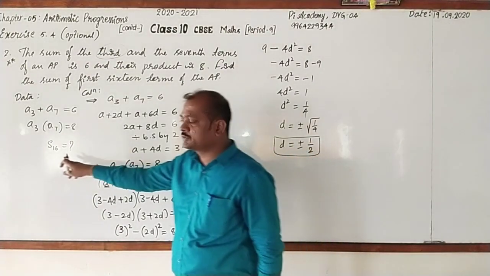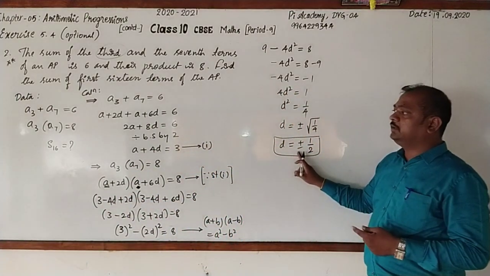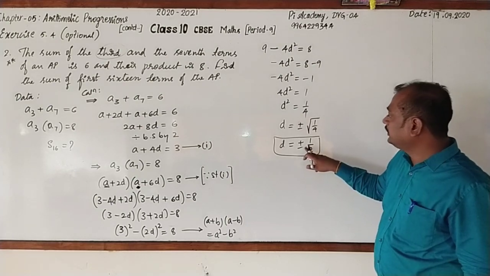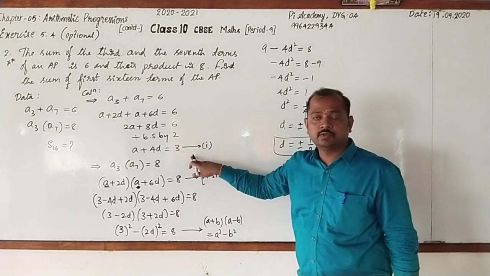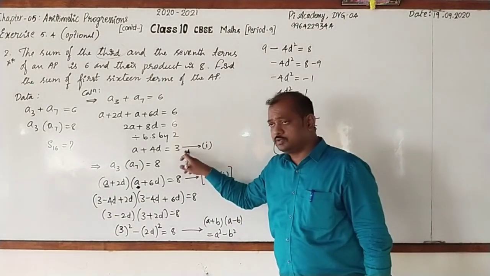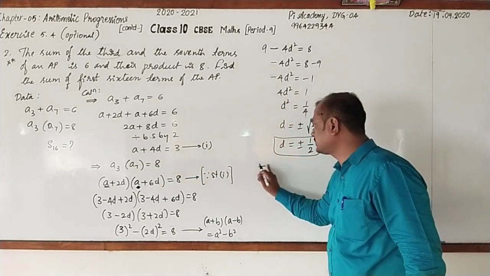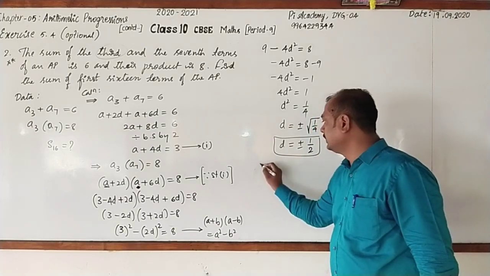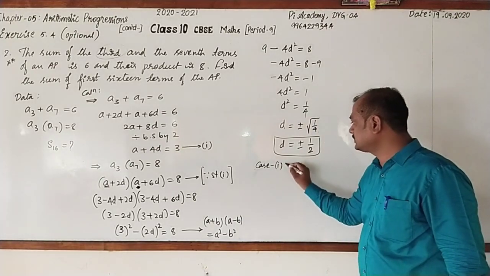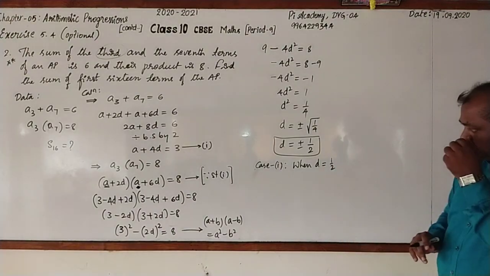To find out the sum of 16 terms, you must know A and D. We know D. But how do you find out A? Yes, by substituting D equal to 1 by 2, or minus 1 by 2, in place of D in equation 1. Here I write, there are two cases. I go for taking both the cases. This is case 1. What is first case? This is when D is equal to plus 1 by 2. When D is plus 1 by 2,